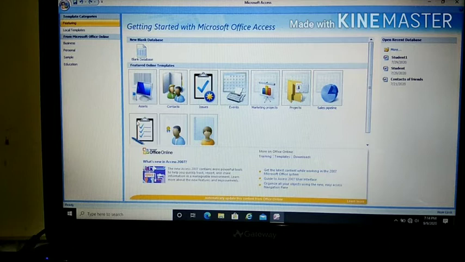In the last period, we have seen how to create the database, how to create the table, what are the data types, what are the features of this. Now we are going to start a new chapter, that is working with tables. Now let's start the new chapter.